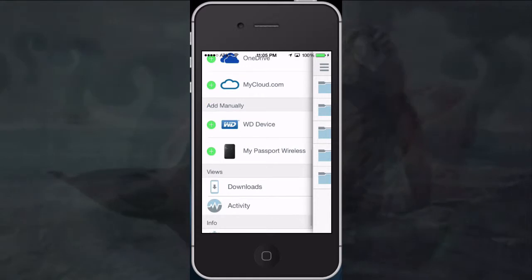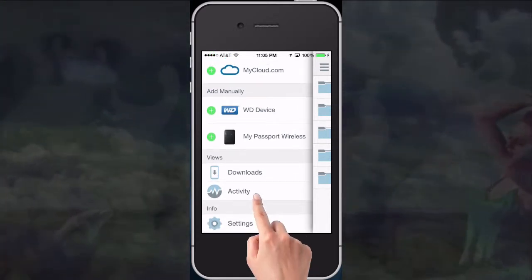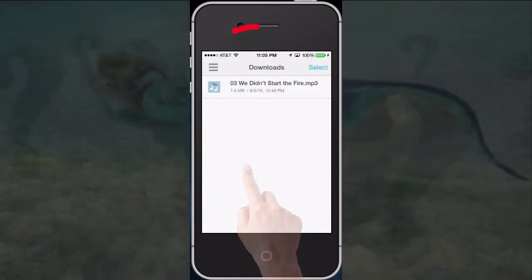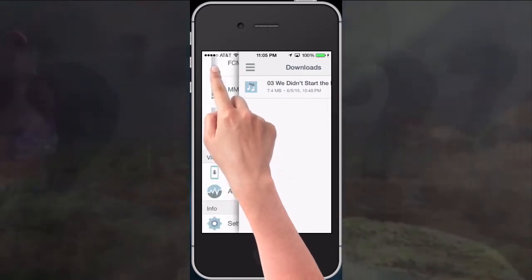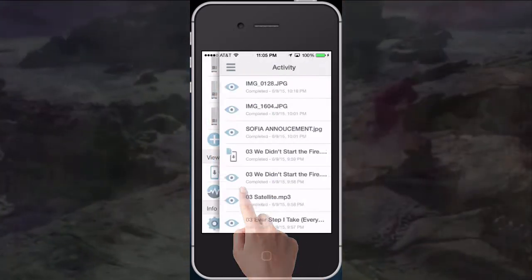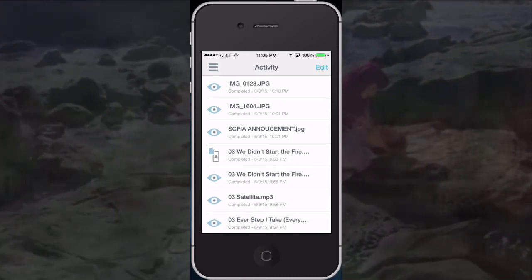So if we go down here and press, let's say, the download log, then you can see here that I have only downloaded one song, and that's this one. I downloaded it to my device. If there have been multiple, more will be listed here. If I go back again and go into the activity, here you can see the activities that have happened